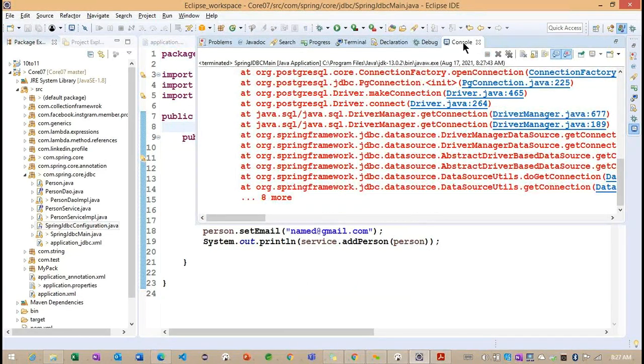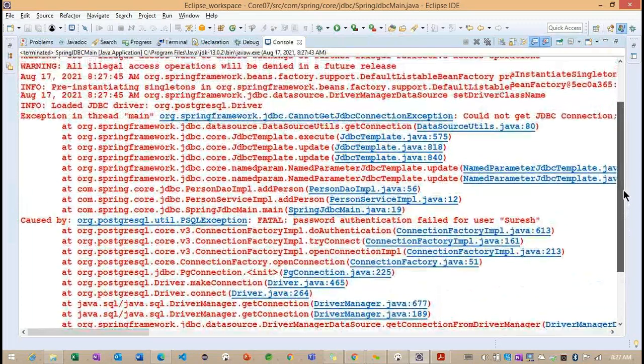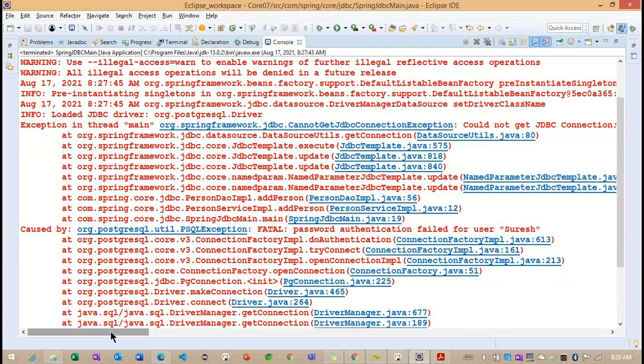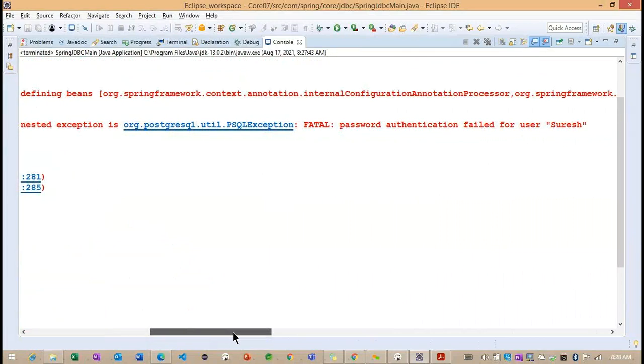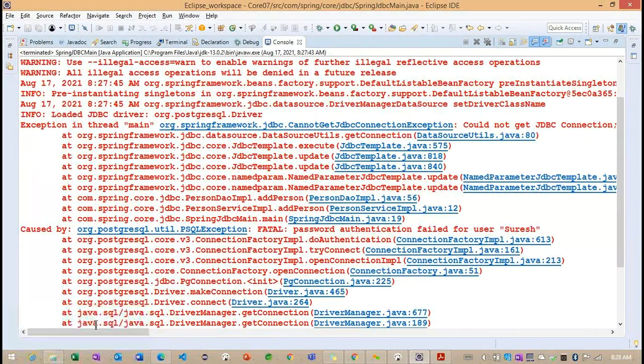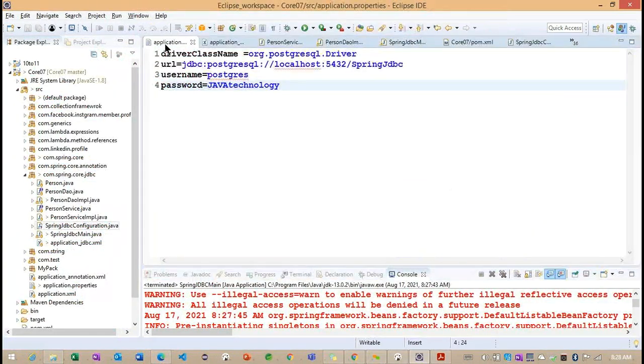Okay, what is the exception we got? Password authentication failed. Why? What is a password authentication? Why is it giving my name?